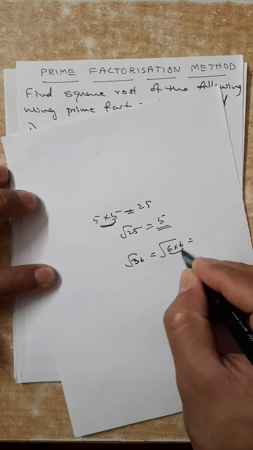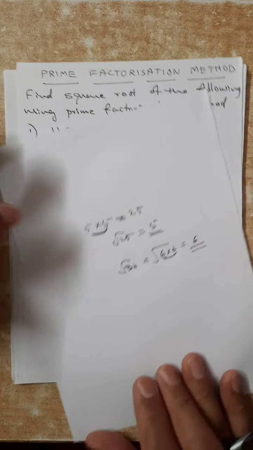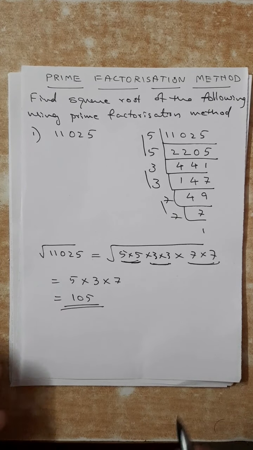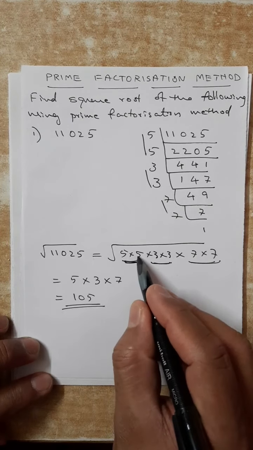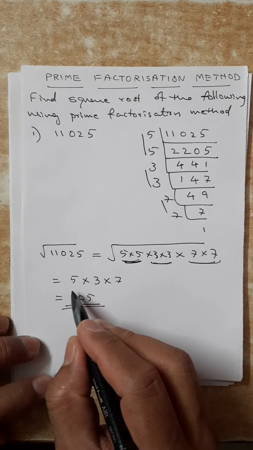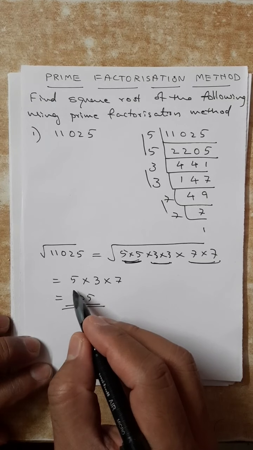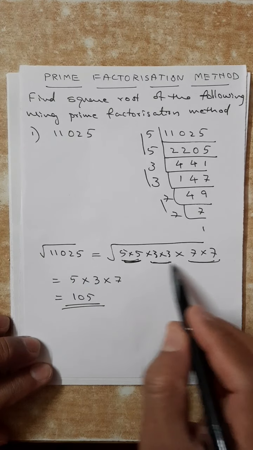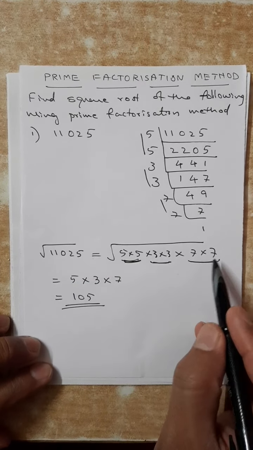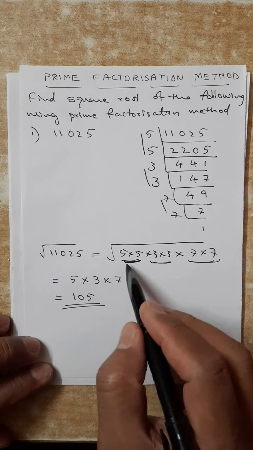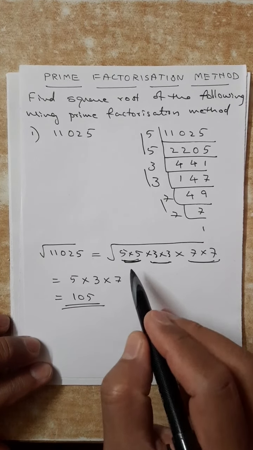6 into 6, 1 6 is coming outside as a square root, so we will make a pair of 2. 5 into 5, 1 5 is coming outside. Remember, no need of putting the radical sign again because already we got a square root. Here this is a breaking. Square root is not calculated, only breaking of the number is done.